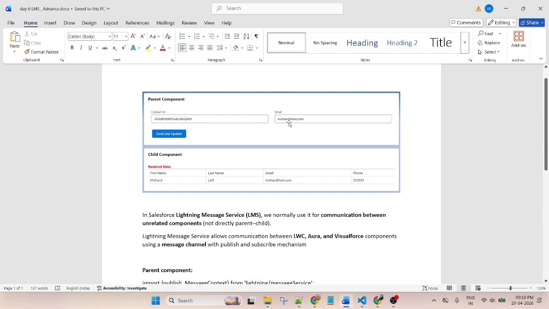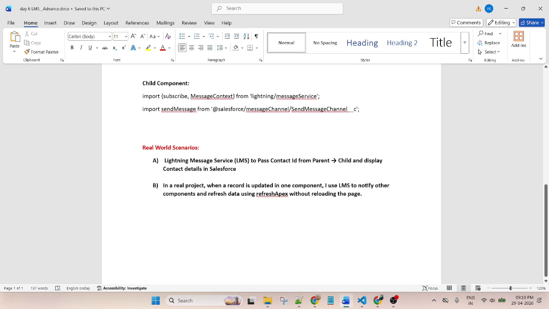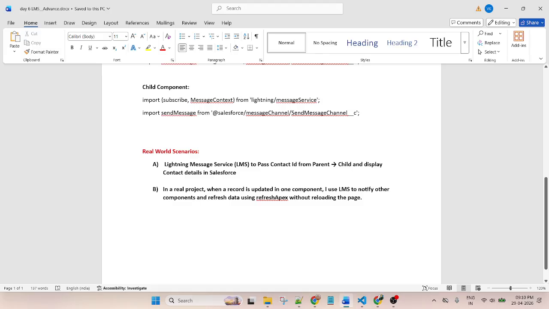If you want to put in another input value, the process will be the same. Once I click on the button, first I will display the related list of contacts based on this account ID, and this account ID I want to update through the LMS. So here I want to update the email ID. Once I click on the button, this existing record will automatically update the email ID. So you already checked the scenario, and here we covered two types of scenarios. This is a practical scenario.